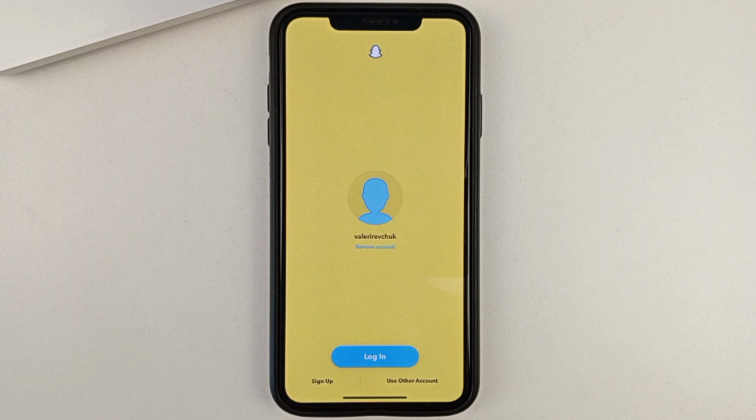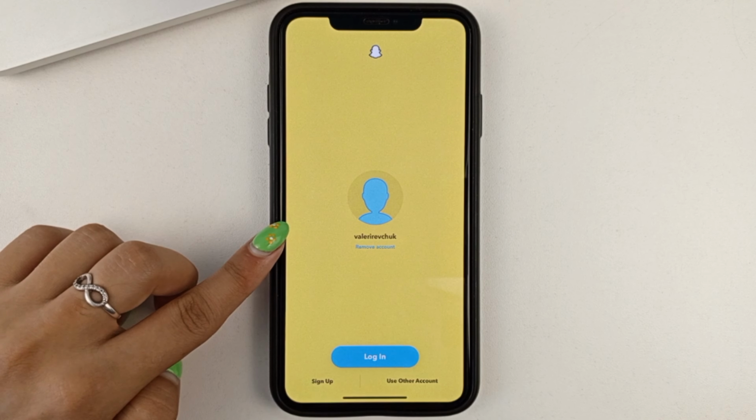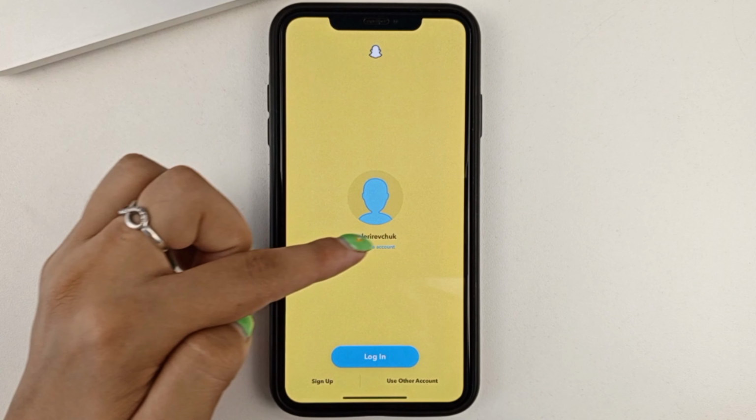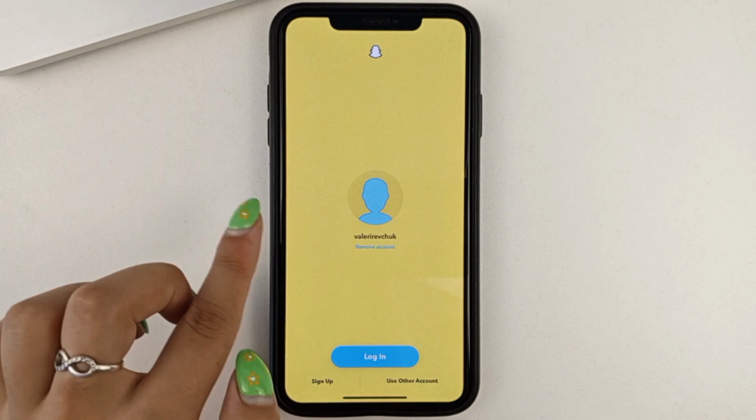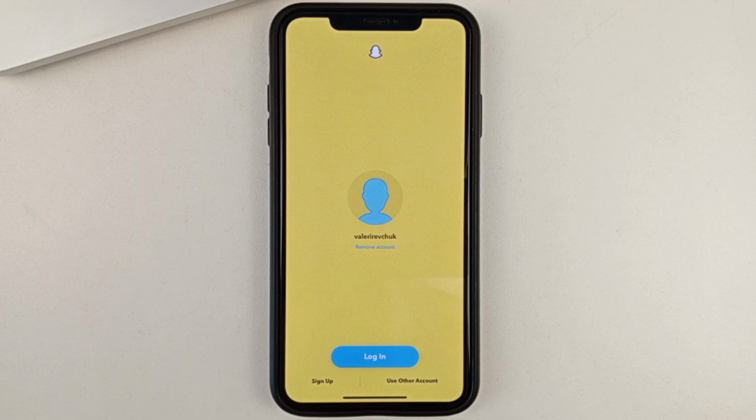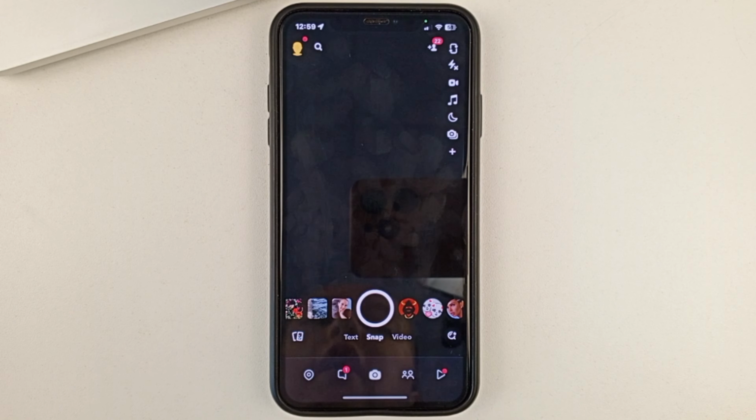Also, if you want to switch between one account and another account, you'll also need to go to the Sign Out section and sign out of your first account. And on a page like this, friends, you'll have a few circles like this, like mine, with a picture and a username. You'll just have to swipe from side to side to pick the one that suits you, that you want to log in from. Then click Log In and you'll be switched to the account you want.